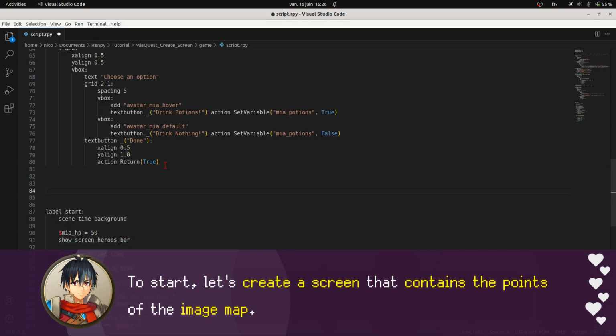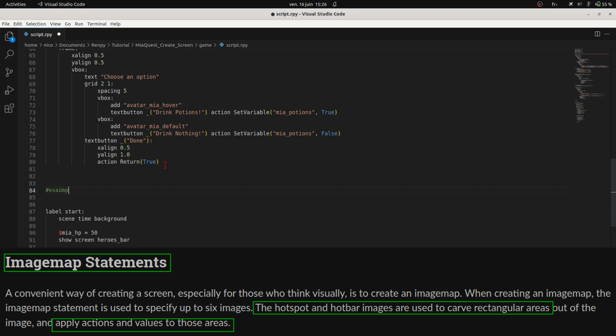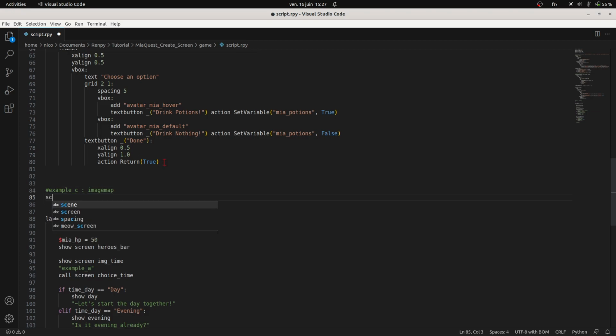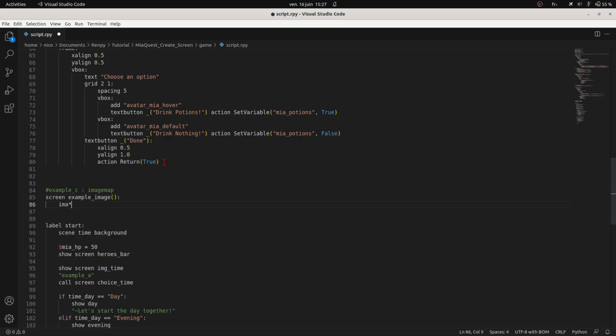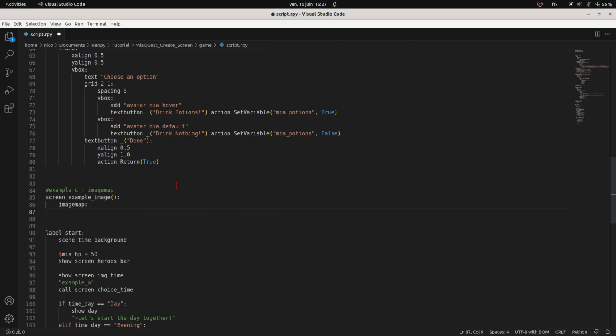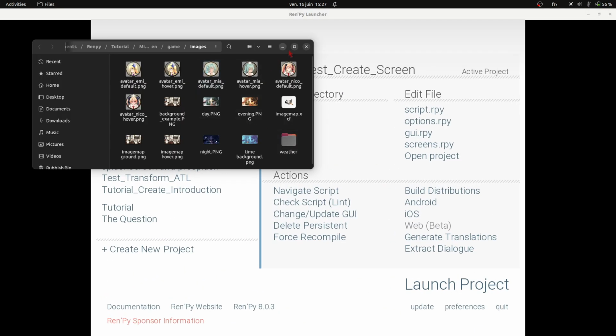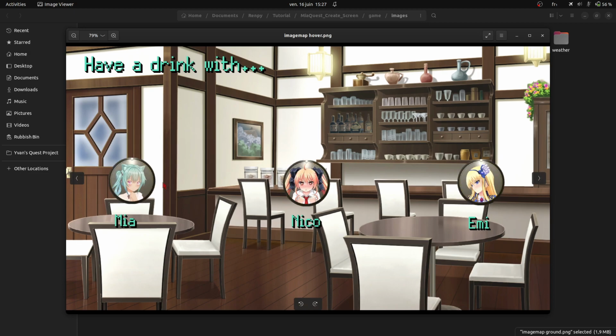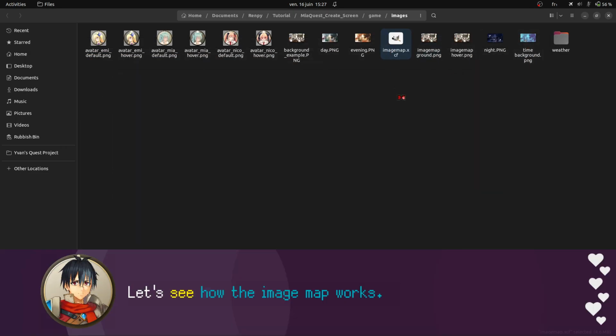To start, let's create a screen that contains the points of the image map. Let's see how the image map works.